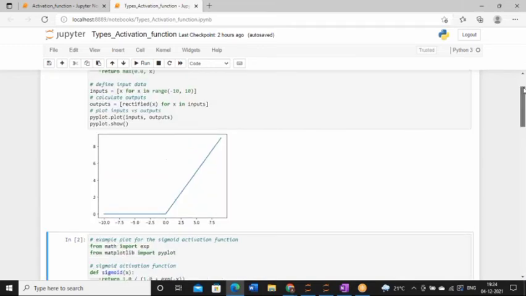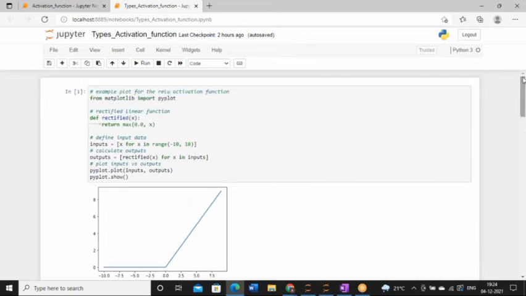So this is the basic concept of activation functions, and today this is the last session of machine learning. We have covered everything starting from data science, classification, unsupervised learning, supervised learning, and also we have performed artificial neural network design. If you have any question, you can ask me.